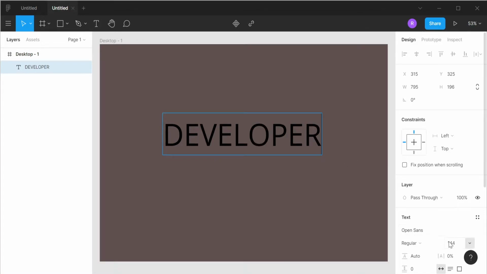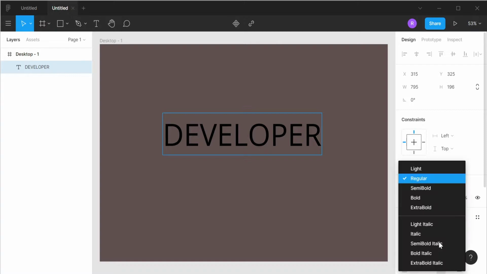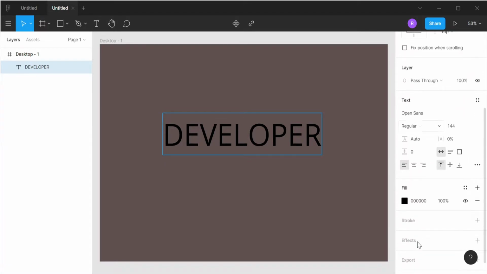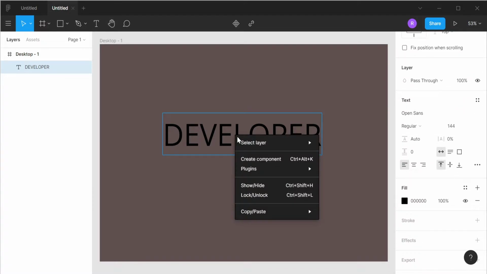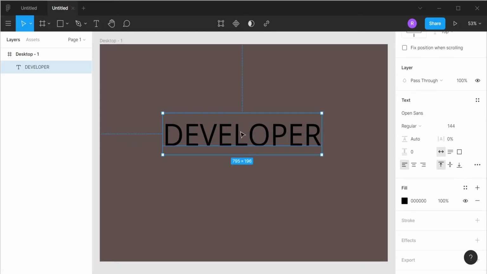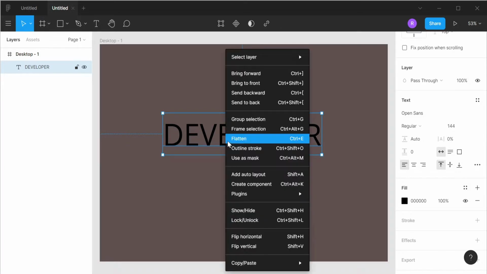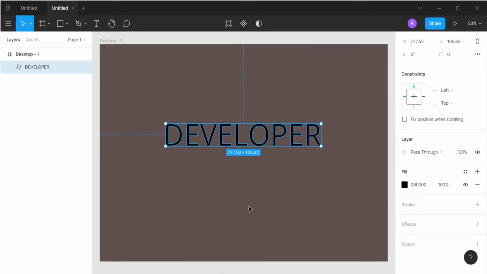Developer, and let us first of all give this an outline stroke. Yeah, so it will not have any effect on your SVG image, but it will differentiate each and every letter by one outline, like each and every letter will be in a different path.